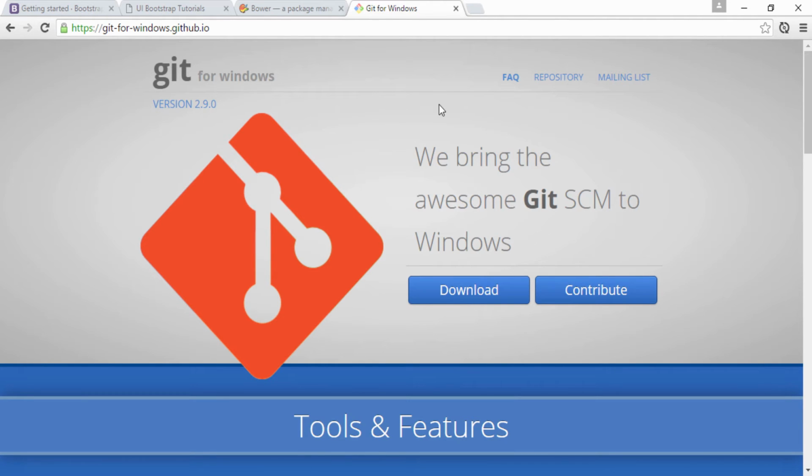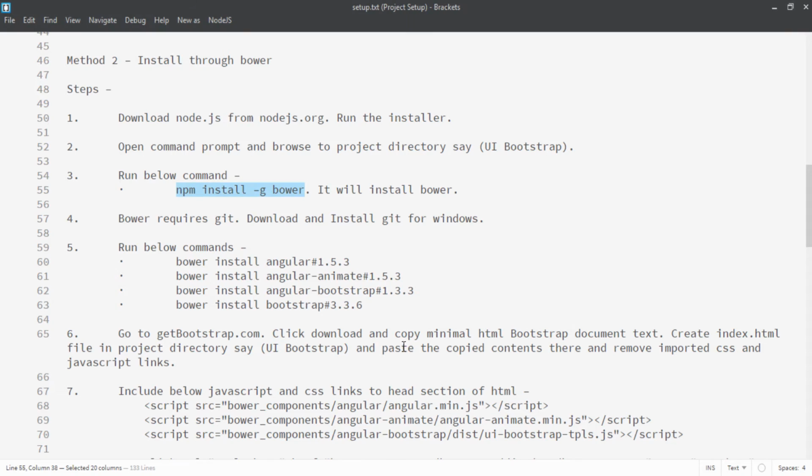After the installation of git for Windows, we just have to run these 4 commands for the requirements. Let's run them one by one.